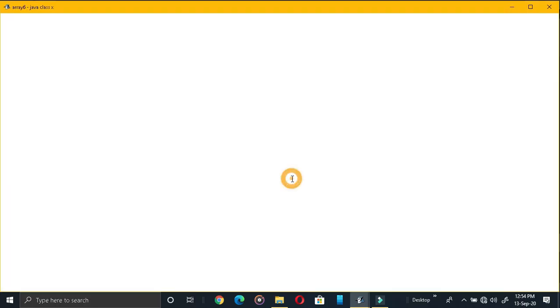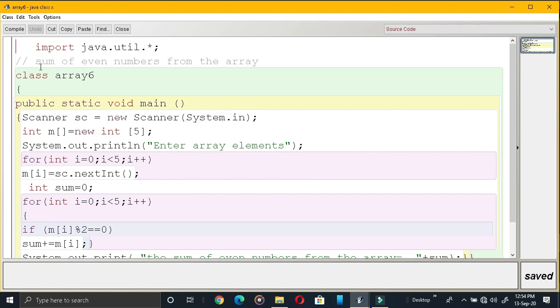Now the next program: sum of even numbers from the array, only even numbers. See, the array size is 5. I am giving 2, then 3, 4, 5, 6.